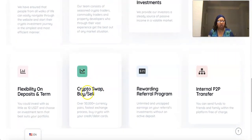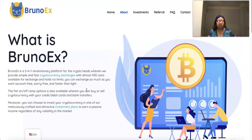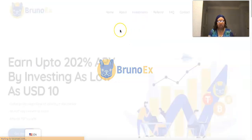All right. So you can swap crypto, buy or sell crypto without any ID. Okay. So that's pretty cool. Now let's get into this over here. So I took it a step further. So I used the exchange to go ahead and get my investment plan